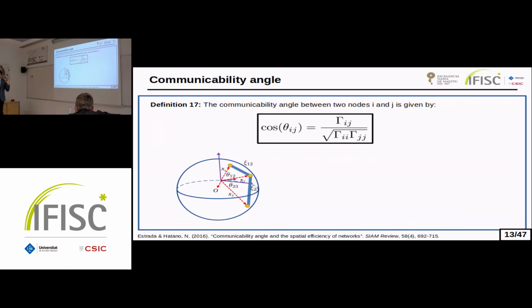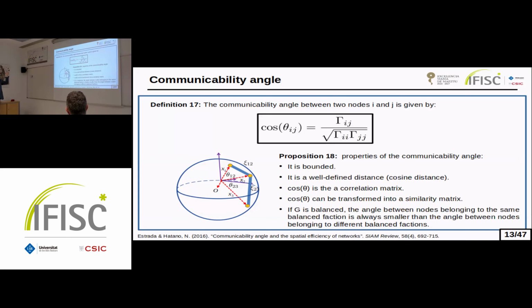This means that this distance induces an embedding of the network into a high-dimensional Euclidean space. And when we have this high-dimensional embedding, we can define position vectors, we can define angles between nodes, etc. We can use the tools of geometry. In particular, the angle turns out to be given by this expression, and this object has very nice properties, even nicer than the communicability distance. First, it is also a distance. It is the angular distance on the hypersphere, but as opposed to the communicability distance, this is bounded.